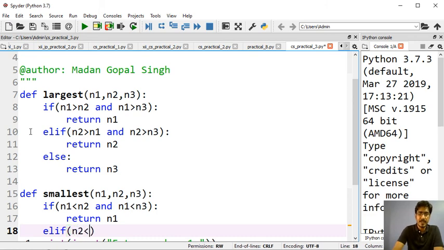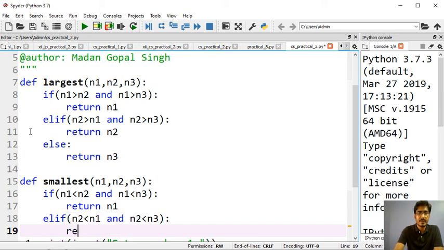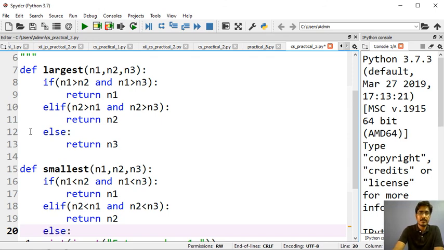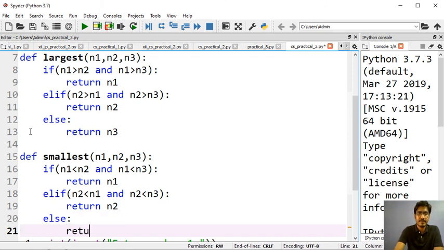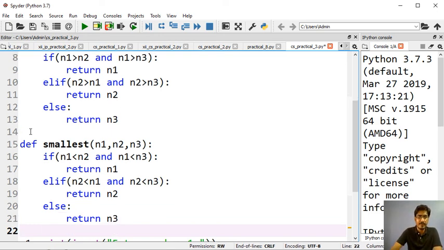If n2 is less than n1 and n2 is less than n3, then we will return n2, else we will return n3 as a minimum. Okay, so this is the code.